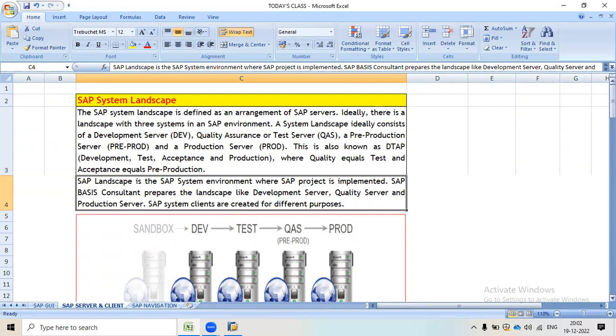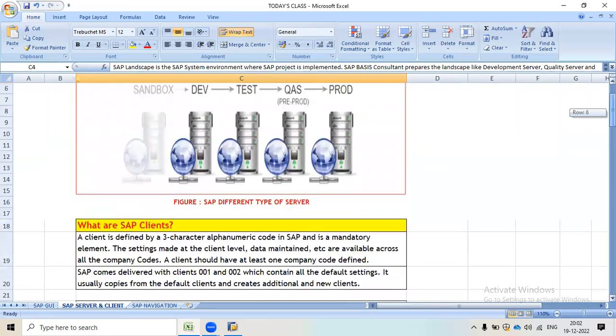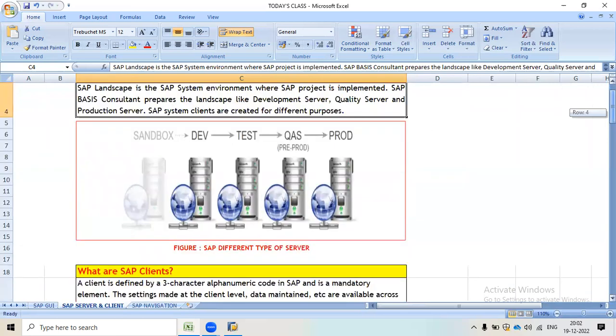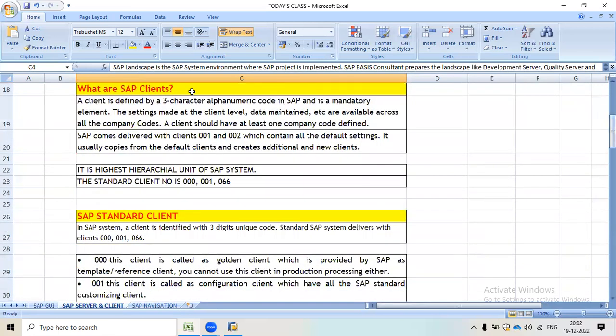Now in the picture you can see sandbox, development, test, quality, and production. Before going to SAP servers, first I want to discuss SAP client.